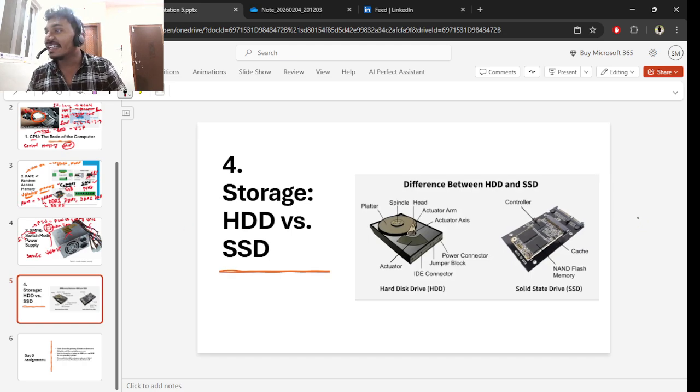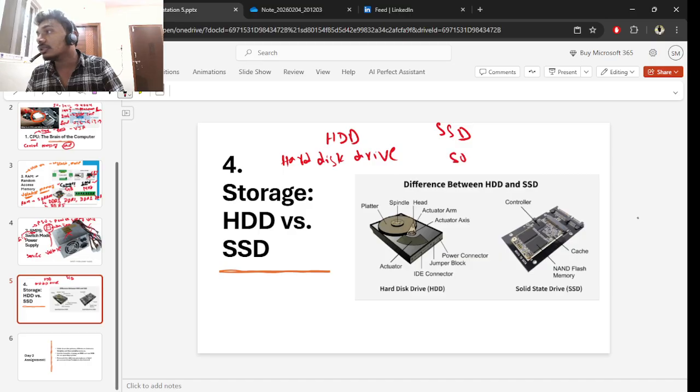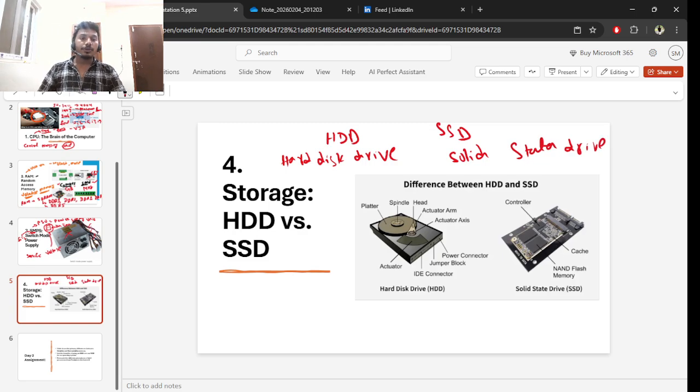Then the final one is the storage. Storage is divided into two types, that is HDD and SSD. What does HDD mean? This is hard disk drive. SSD means solid state drive. Okay,